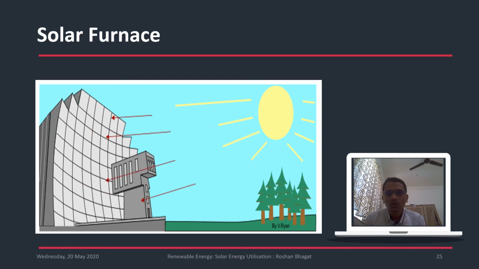Now the next thing is a solar furnace. There might be a question: can we attain a very high temperature that is sufficient to melt a metal? Yes, we can achieve that temperature, provided that we have a number of concentrating arrangements, which reflect radiation at a single point. At that single point very high temperatures can easily be achieved. So this is the case of a solar furnace. A metal can also be melted with the help of a solar furnace. Temperatures well above 1000 degrees Celsius can be achieved, and sometimes more than 2000 degrees Celsius also.